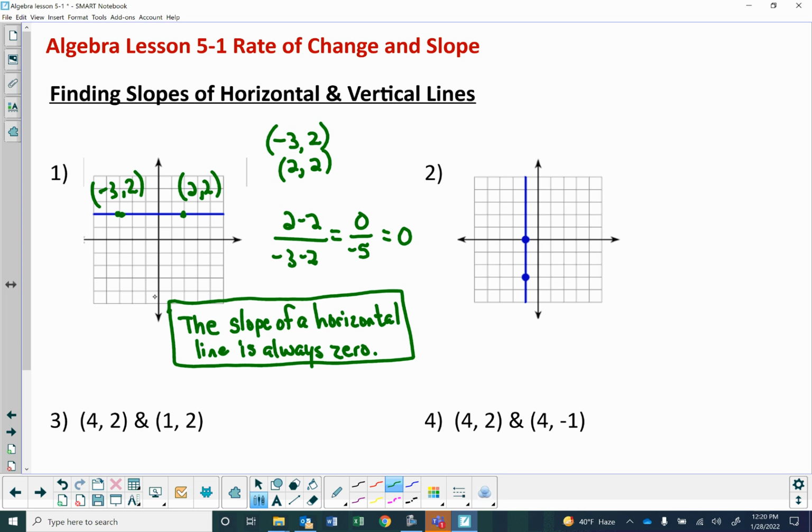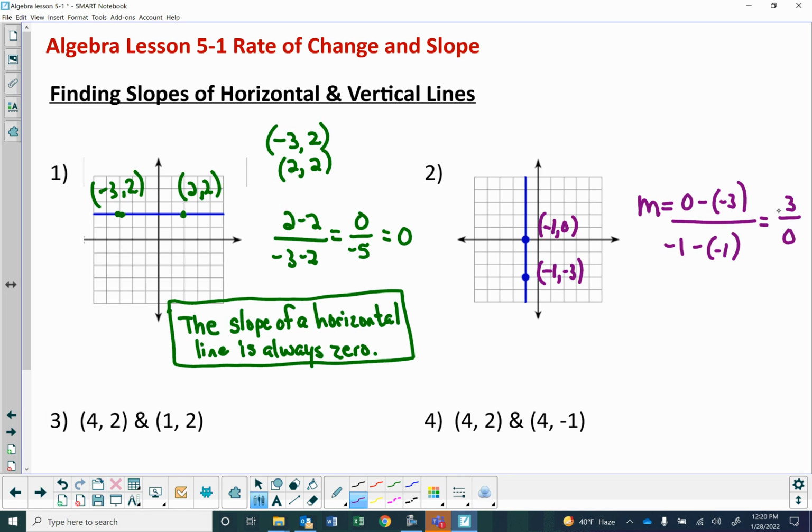If we look at a vertical line, like number 2 here, number 2 is definitively a vertical line. It's going up and down, which is vertical. And they've picked 2 random points, and those 2 random points happen to be negative 1, 0. And this one happens to be negative 1, negative 3. So if I was going to do the slope of that, I would have 0 minus a negative 3 over negative 1 minus a negative 1. Well, 0 minus a negative 3 is a positive 3, and negative 1 minus negative 1 is negative 1 plus